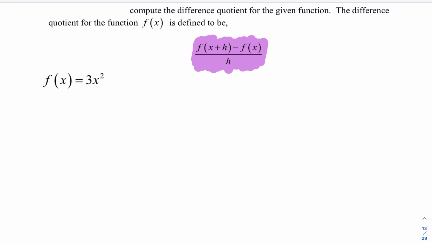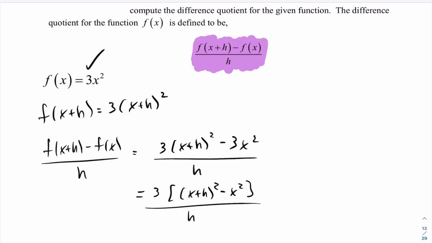So in this case here, I already have what f at x is. They want us to evaluate f at x plus h. Well, f at x plus h is going to be everywhere I see an x, I change that to an x plus h. And then they want us to put that into this equation here. So subbing that into this equation, we get, and you'll see here I went ahead and factored the 3 out